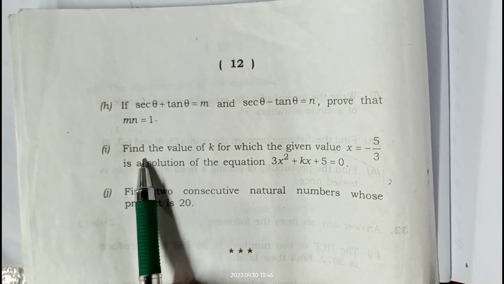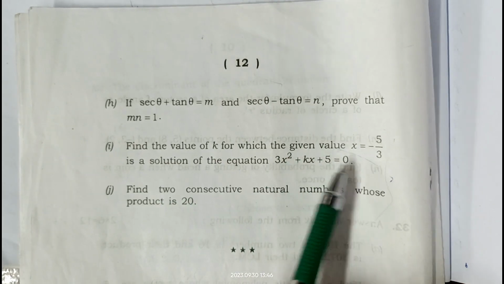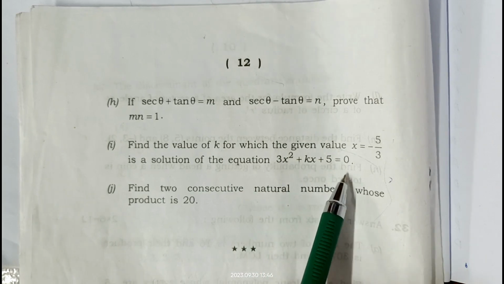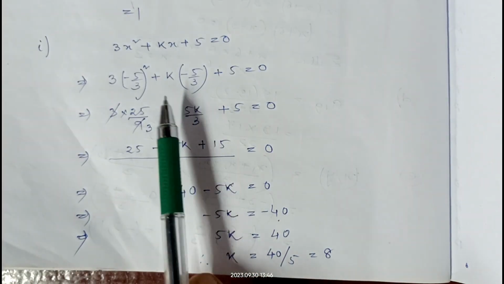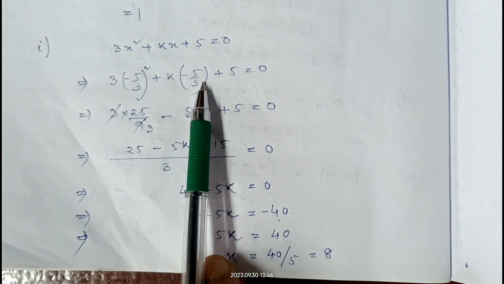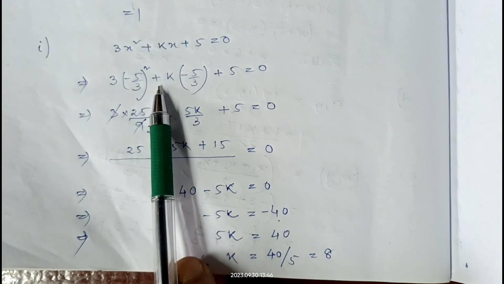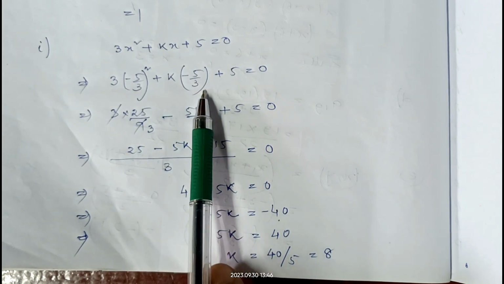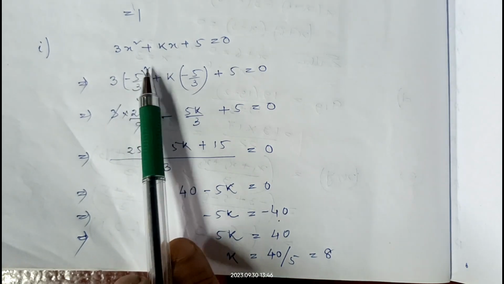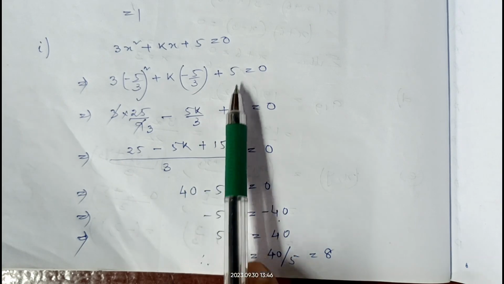In I, it is given, find the value of k for which the given value of x equal to minus 5 by 3 is a solution of the equation 3x square plus kx plus 5 equals to 0. Here minus 5 by 3 is a solution of this equation, so we can replace x by minus 5 by 3. So it will be 3 into minus 5 by 3 whole square plus k into minus 5 by 3 plus 5 equals to 0. So 3 into 25 by 9 minus 5k by 3 plus 5